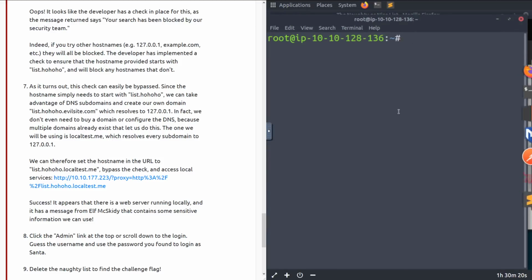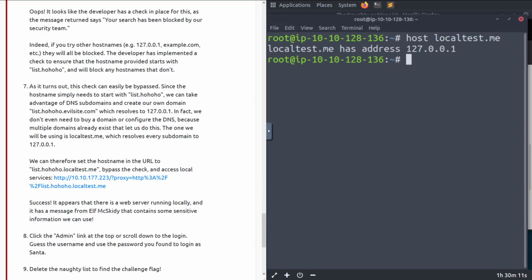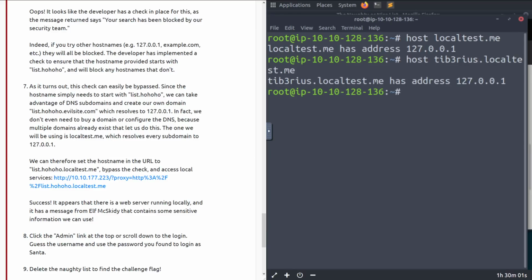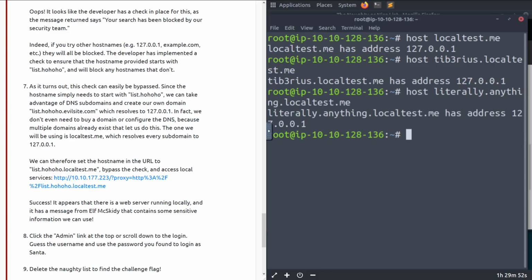So let me prove that. So if we go to the terminal, we'll use the host command. If I type in localtest.me, we see localtest.me has address 127.0.0.1. If we put tiberius.localtest.me, that has 127.0.0.1. And if we put literally.anything.localtest.me, that also has 127.0.0.1. So every subdomain of localtest.me, apart from I think readme.localtest.me, which hosts their website, resolves to 127.0.0.1. So if we go back to this site,